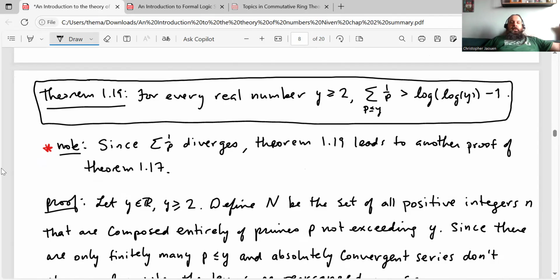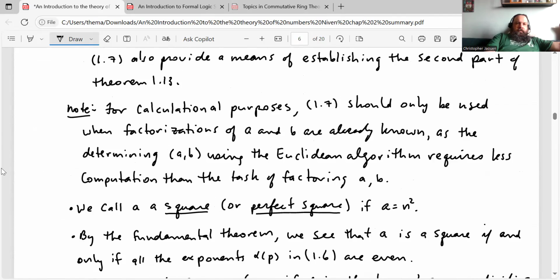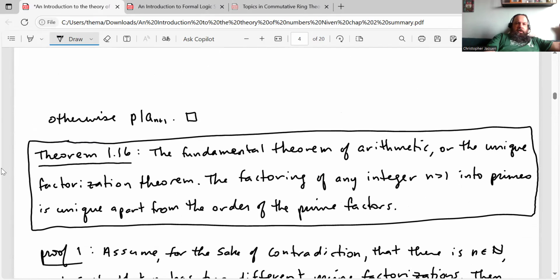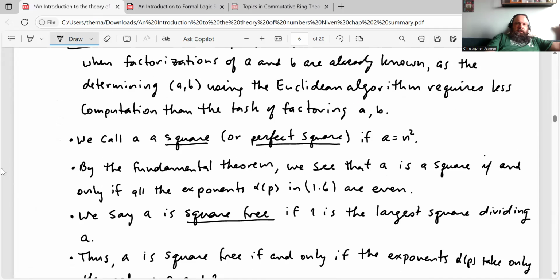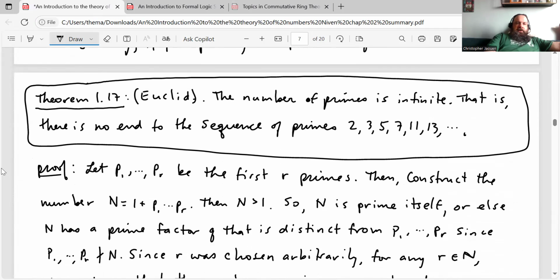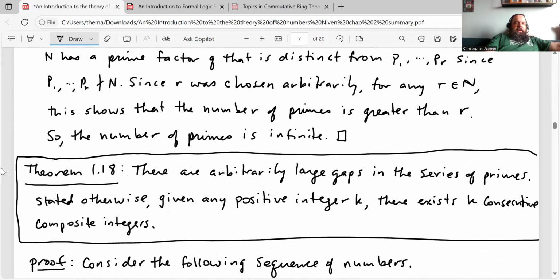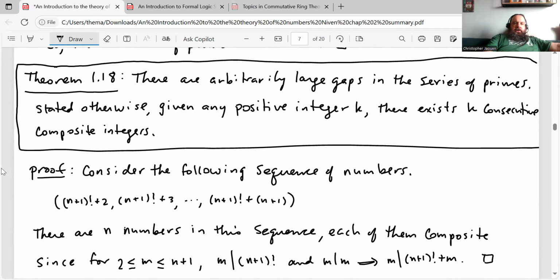Since the sum of 1 over p diverges, theorem 1.19 leads to another proof of theorem 1.17. Just to remind you, theorem 1.17 is this theorem by Euclid that there is an infinite number of primes. Since I didn't write it out here, maybe I'll just give you the idea. So if you look at